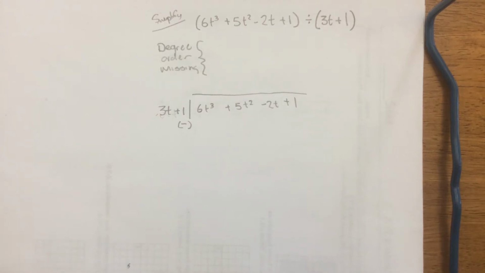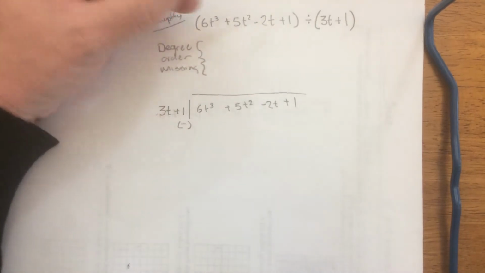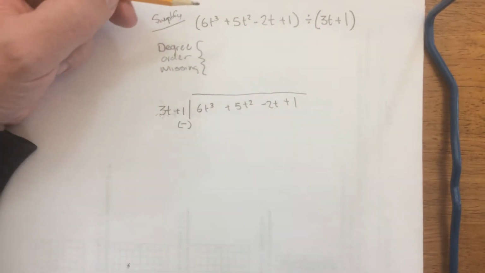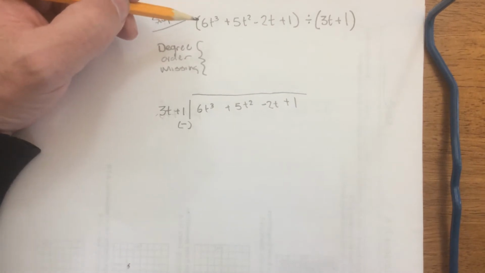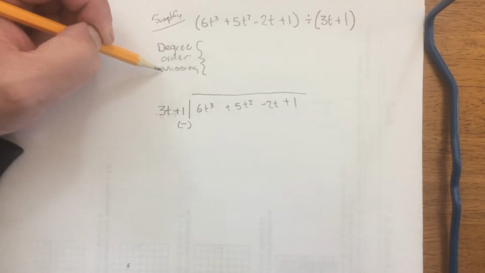5-3A, dividing polynomials. We're going to use long division in this video. You can see it says simplify. We have a polynomial here divided by a binomial, and that gives us the reason why we're using long division. Before I begin, I want to check the degree order and see if any of the degrees are